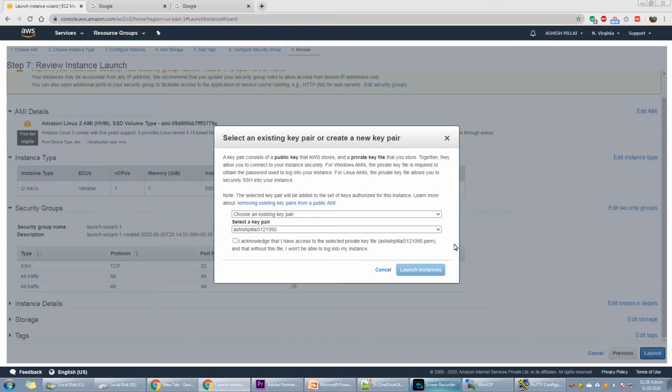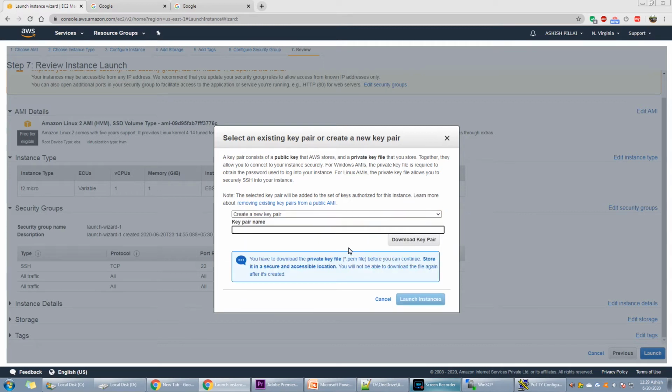On this page we have to create a key pair, and this key pair will be used for connecting to the instance. Instead of going with an existing key pair, I will show you how to create a new key pair. We have to give any name to this key pair, so we will give it as test.